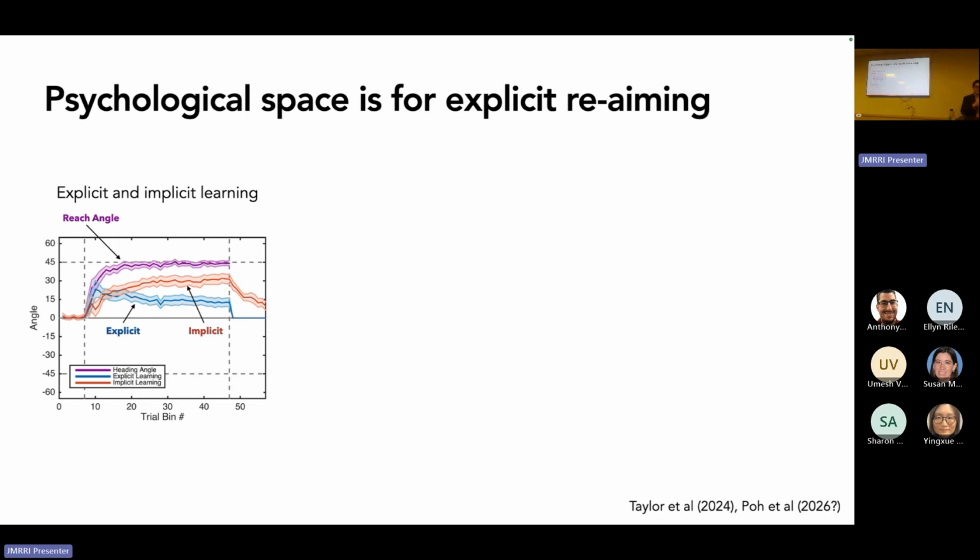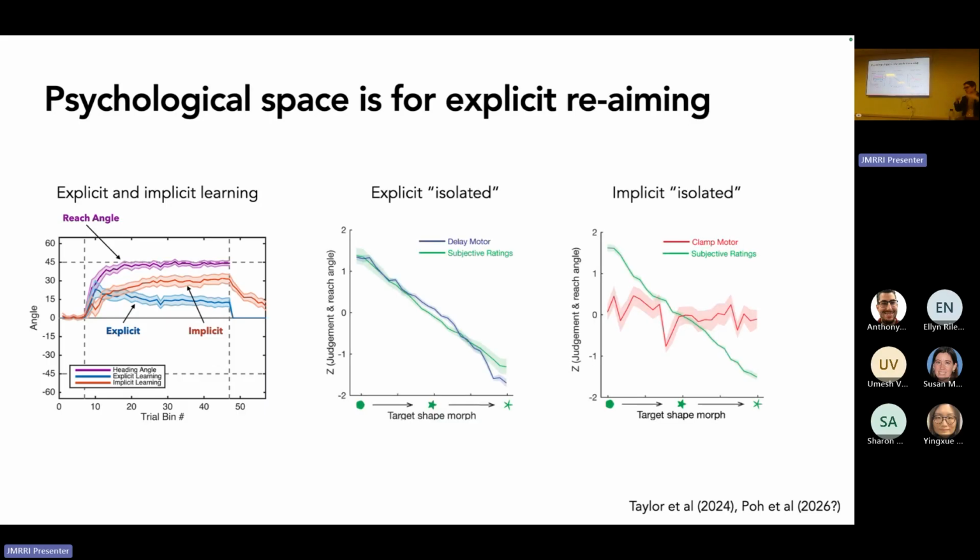So if you delay the feedback of the cursor, then that basically stops implicit learning from working. And you can also do this clamp test where they don't have any control over the cursor and the people won't meander. But what you get here is that explicit learning matches with the highest correlation their subjective ratings. So their generalization is a conscious, controlled process that they want to do. Implicit learning is not. Implicit cares just about the location in the workspace, just the direction, not about the shape. Okay.